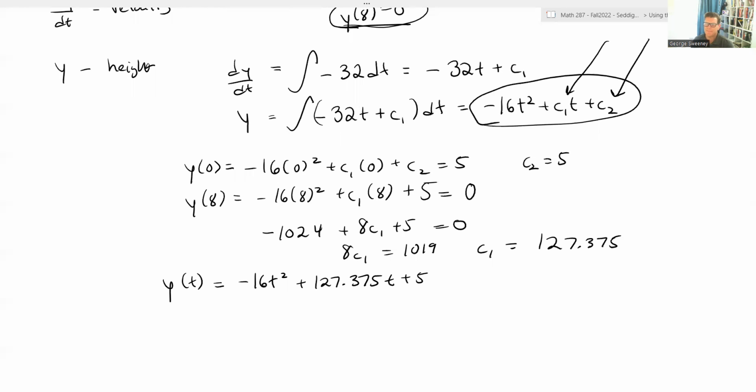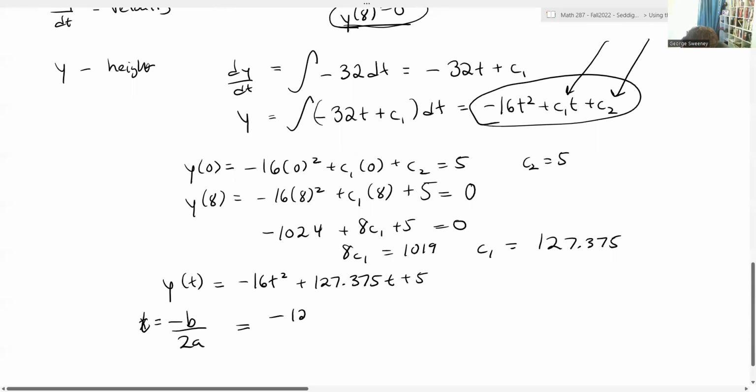Well, this is a parabola, and the maximum height for the parabola is going to end up being the vertex. So we'll use the vertex formula. The vertex formula gives me that the t value in this case is going to be negative b over 2a, which equals negative 127.375 divided by 2 times negative 16. And that ends up giving me